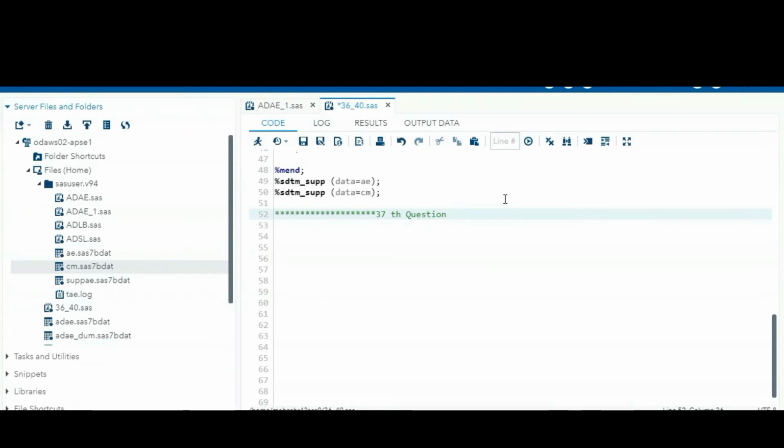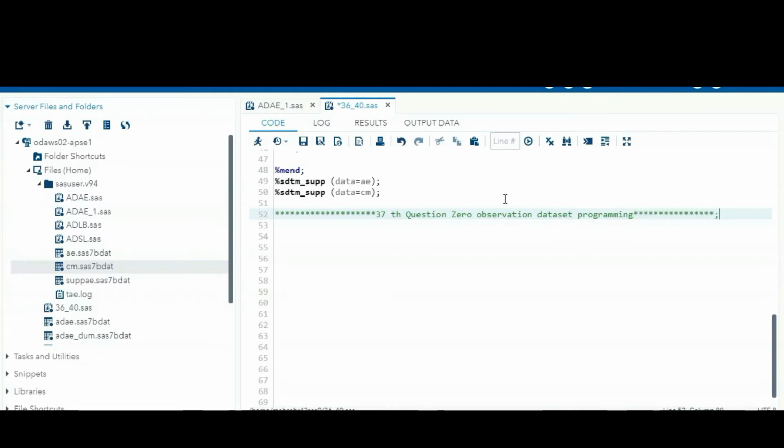Sometimes you may get 0 observations and sometimes you may have observations, because the data is going to be updated. First you have 0 observations, later you will have observations. So how do you write the dynamic code for handling both scenarios? Okay, so the 0 observation data set program.